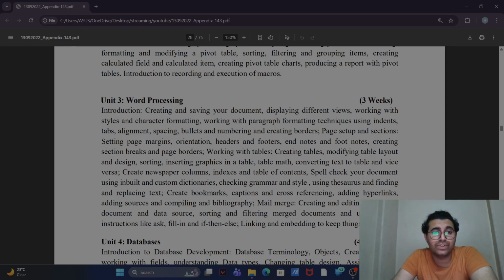endnotes and footnotes, creating section breaks and page borders, working with tables, creating tables, modifying table layouts and design, sorting, inserting graphics in a table, table math, converting text to table, and vice versa, create newspaper columns, indexes and table of contents,